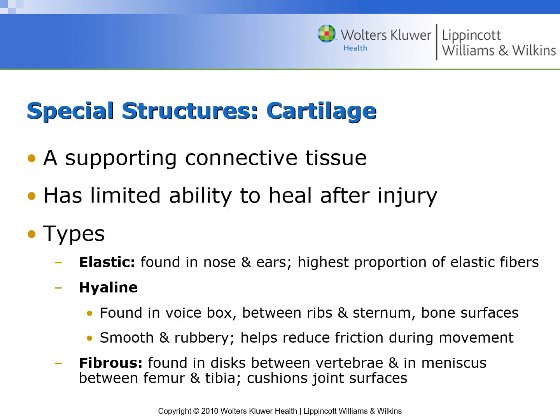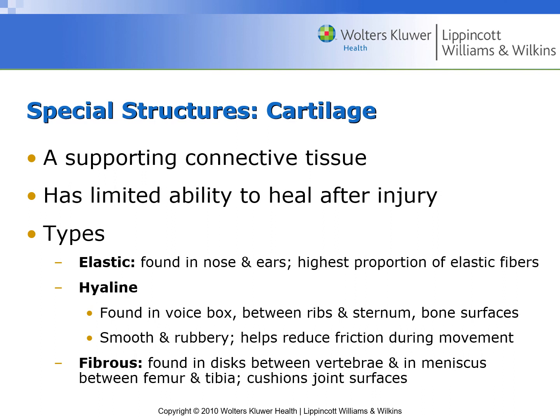Cartilage is a type of supporting connective tissue that varies in consistency and function by the proportion of proteins distributed throughout its matrix. Because cartilage does not contain blood vessels or nerves, it has a limited ability to heal itself following injury. The 3 types of cartilage found in the human body are elastic, which is found in the nose